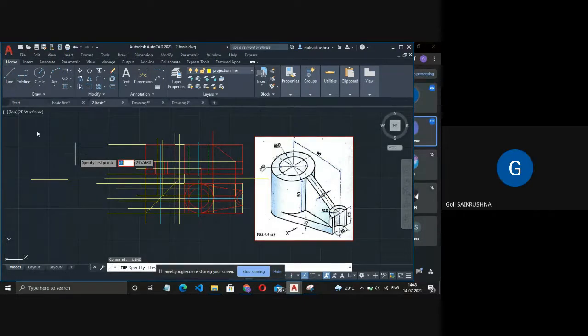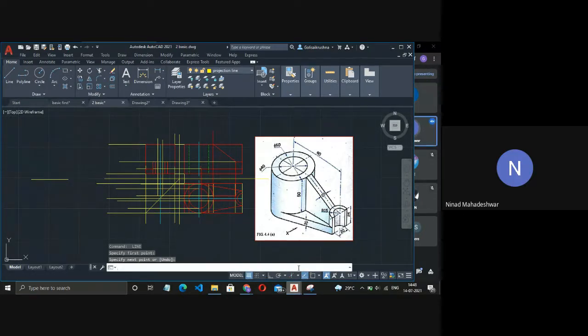Sir, I did the settings. Wait sir, I will do it one second. See, first of all, I can see that you have not done any settings, because whatever it is taking, it is taking in points, which is greater than the standard value. So it is taking 400.2350. That means you have not done any setting.